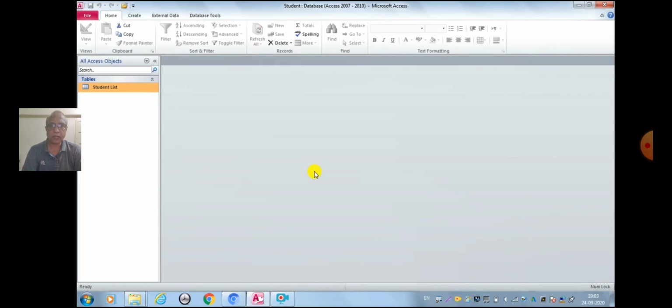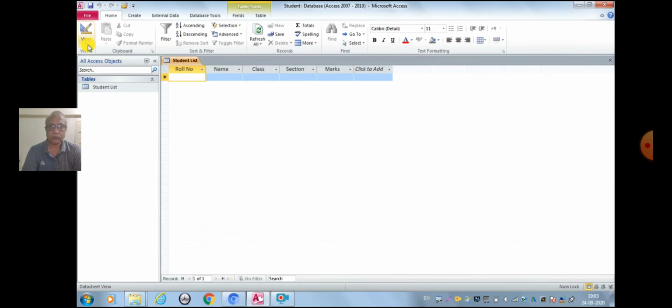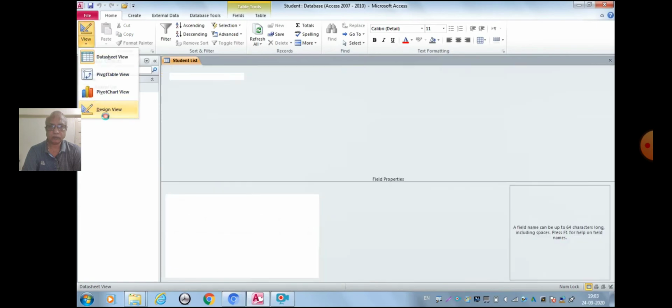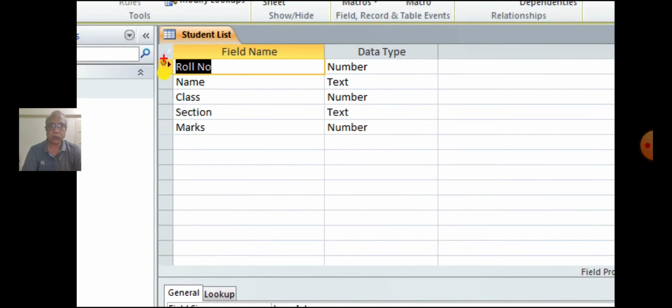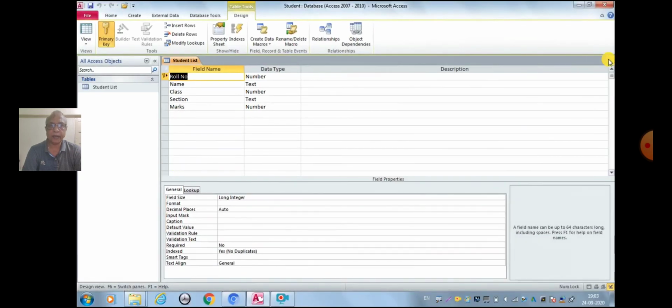Once again click on the table to set the primary key for the table. Open the table in Design View. The primary key is set to roll number. Once the primary key is set, start entering records in datasheet view.